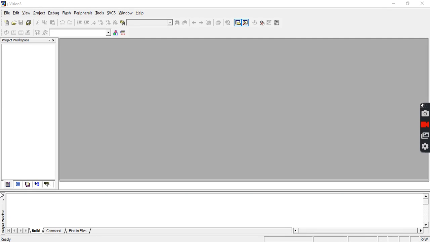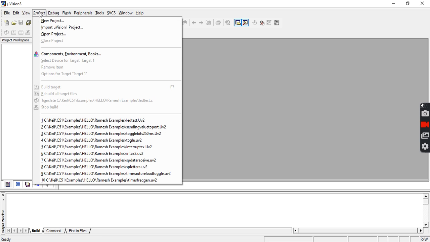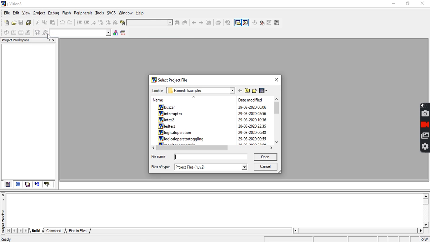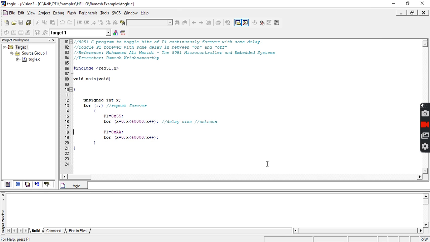In this video we are going to see how to perform the toggling operation with respect to the 8051 microcontroller I/O pins. So for this I am opening the already created project. I am selecting the file name, Toggle. Open. So this is a very simple toggling of the entire port 1 pins continuously, and we are generating